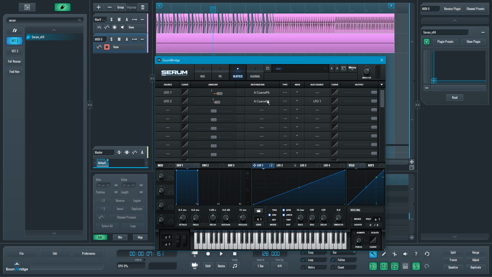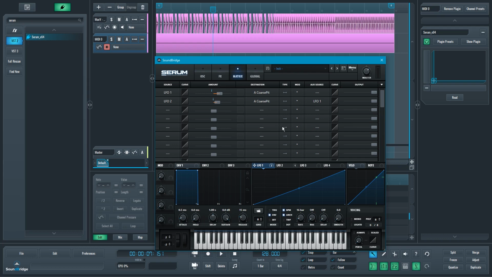the auxiliary source for this modulation right here, where the LFO2 affects the pitch. Which means that if this LFO1 is at minimum value, just like this, the LFO2 does not affect the pitch at all. When LFO1 is at its highest value, at its maximum, the LFO2 affects the coarse pitch this much. So it's just the LFO1 controlling how much the LFO2 affects the pitch from here to here, and the